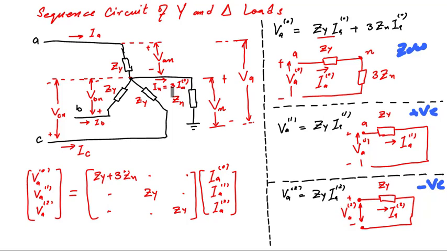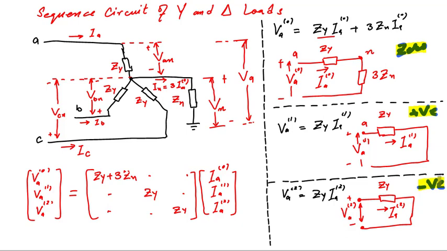Okay, this was the discussion regarding the impedance connected to the load. Next thing, if we connect the neutral with ground through zero impedance, that is known as a solidly grounded system, then the three sequence equivalent circuits, zero, positive and negative, will become similar to each other. There will be no difference among these three circuits.